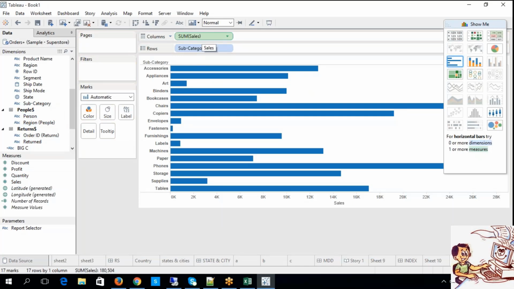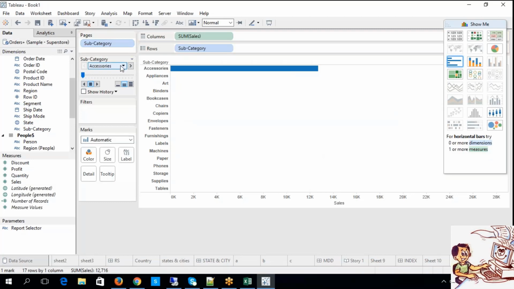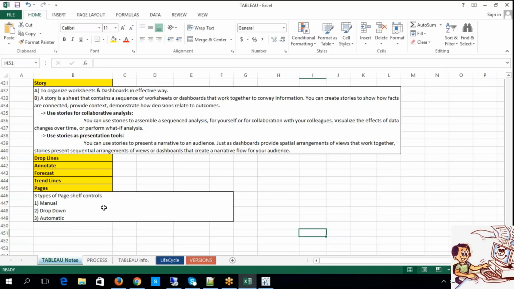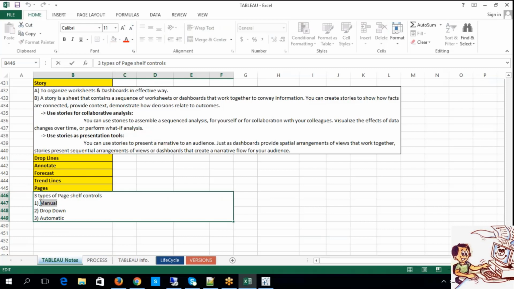Now look at this, guys. If you observe clearly, now we have an option of what? Pages. Now this subcategory, I'm going to place at the pages level. Now you have what I told you: we have three approaches. One is manual, drop down, automatic.